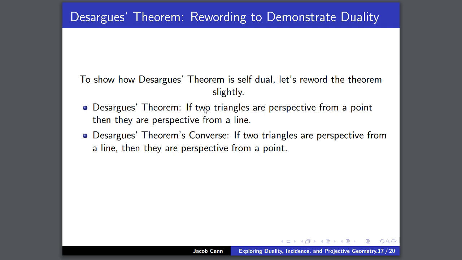In this, we have the two triangles. They don't need to necessarily change because a triangle is self-dual with itself. We get the perspective from a point and the perspective from a line. We're really just taking the converse of the two statements. It's as if we're swapping the point, line,